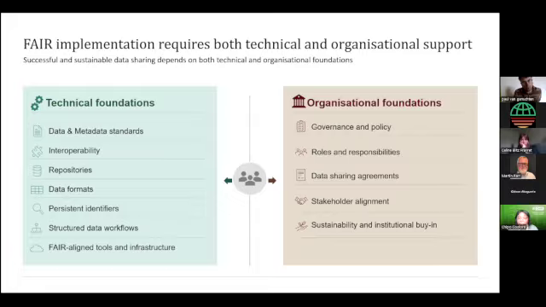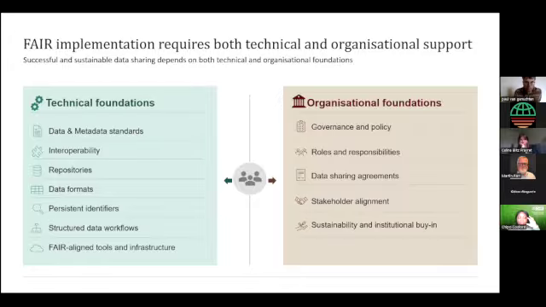But what I also want us to keep in the back of our minds, as we continue working on the various projects that we belong to and AUSO itself, is what are the organizational foundations that need to be there as well, right? On the right-hand side, I have things like governance and policy, roles and responsibilities, data sharing agreements, alignment among stakeholders, and that institutional buy-in that will guarantee you sustainability in your project.